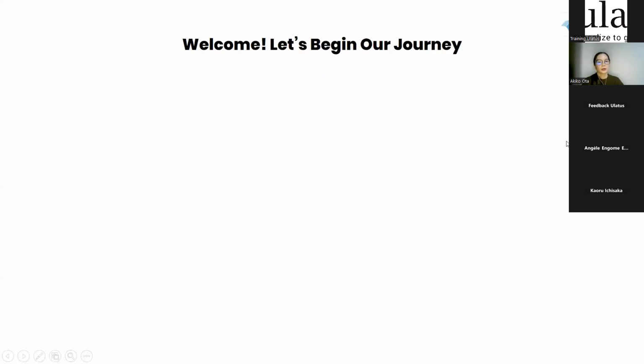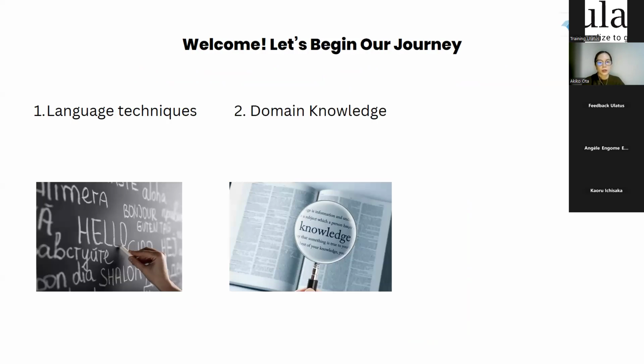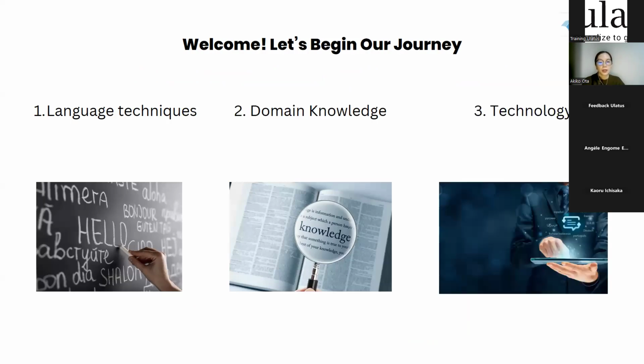In translation, precision and specialization are everything. Today, we are going beyond the basics and are here to equip you with the insights and the tools that will help you refine your translation skills, adapt to various industries, and work seamlessly with the latest technology. By the end, you'll be ready to produce translations that stand out for their accuracy and relevance. So let me explain these 3 points in the next slide.